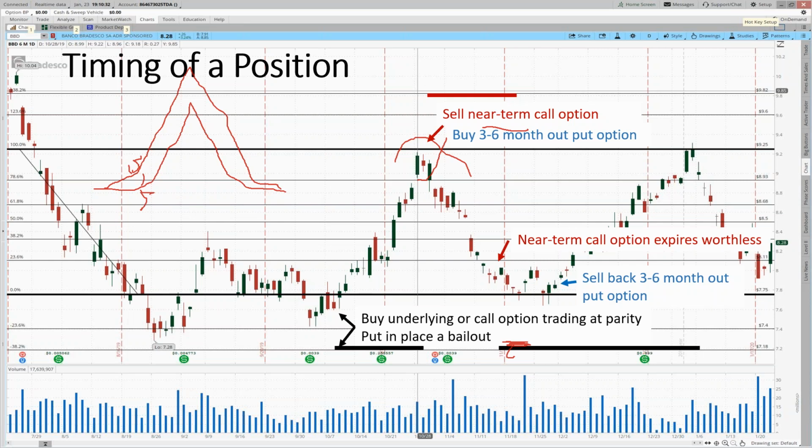Okay, so John, that is not a premium trade. That's not even a directional trade,